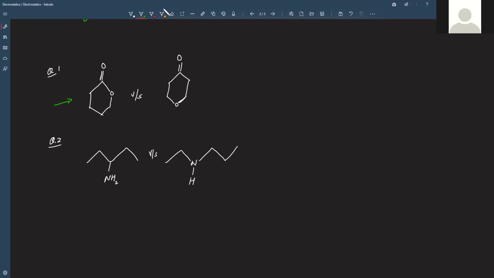Is it not C double bond O, single bond O, then a C, an alkyl group, and before that an alkyl group? So what are such compounds called? RCOR. Okay, I forgot the name. Esters, right? Ester. Ether also. Ester. Okay, what about the second one? Ether will be like this.